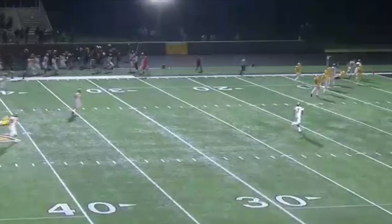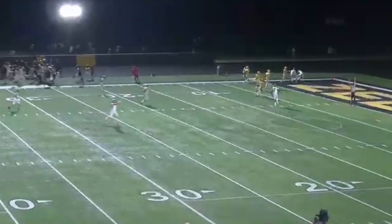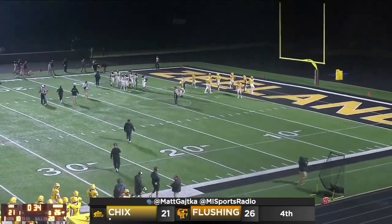It's been a night of big plays for Flushing, and boy, does that come to fruition in the end. The biggest of plays